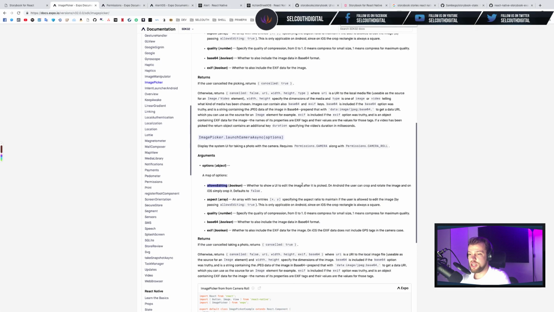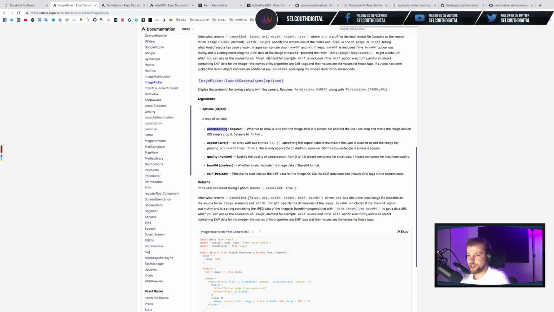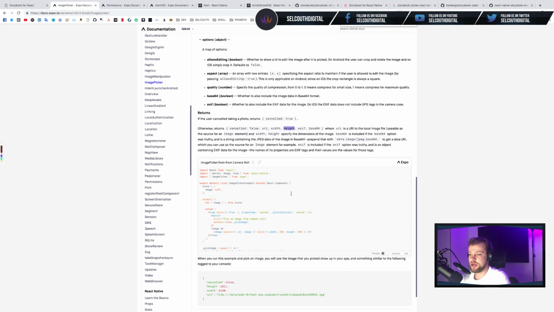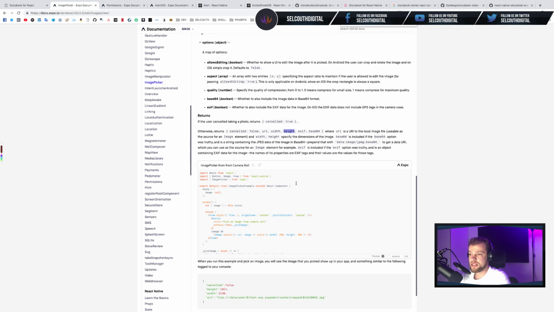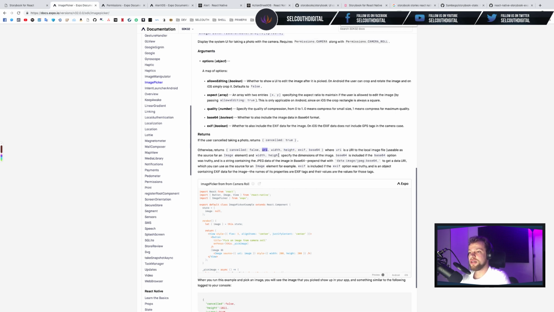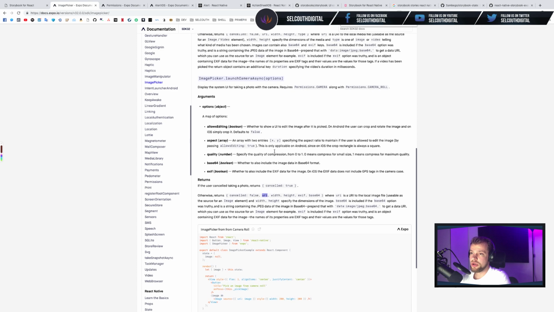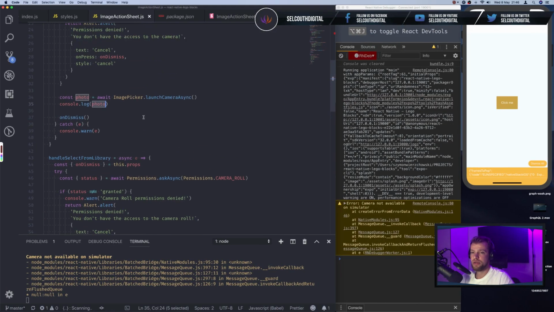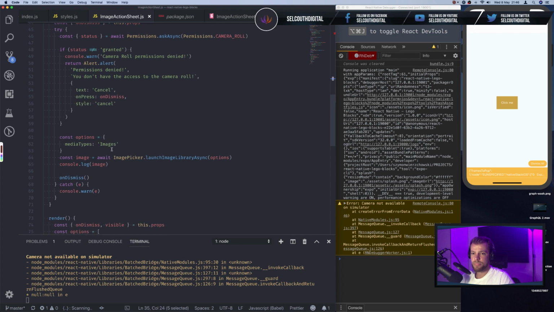It would return you the object with URI, width and height, and so on and so forth, right? So URI could be either your local path, or you could have a base 64 option,